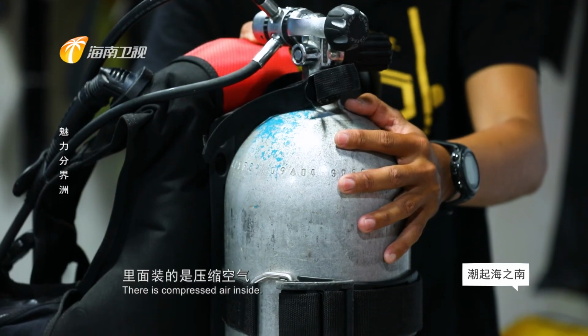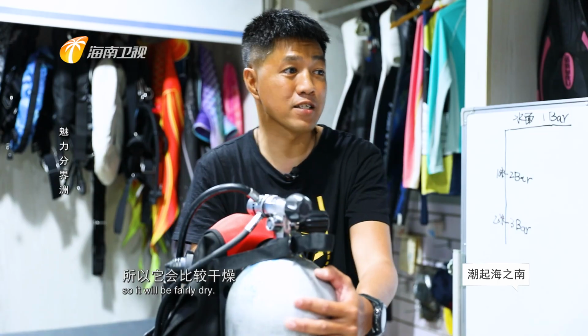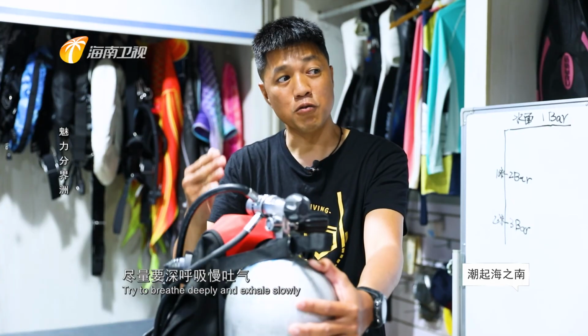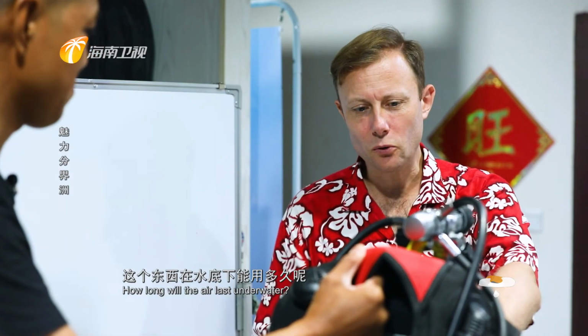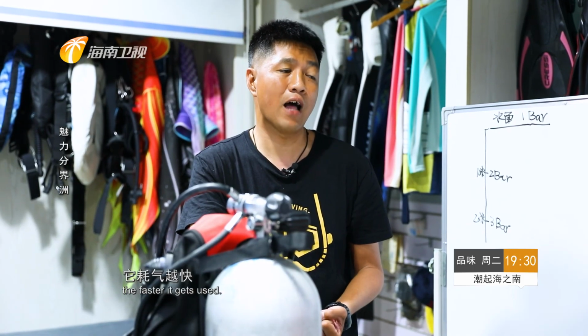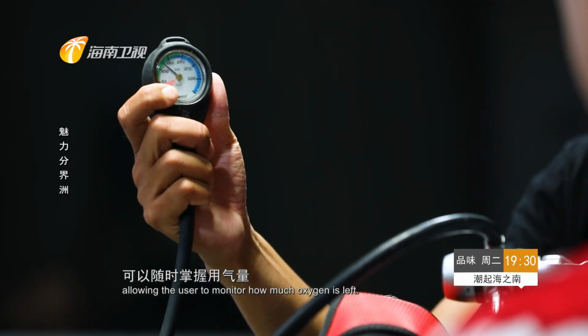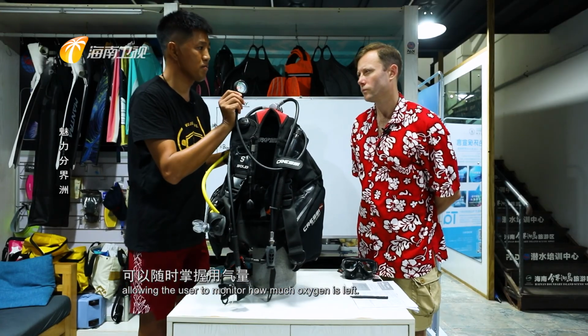Among the many gadgets is an air pressure gauge, allowing the user to monitor how much oxygen